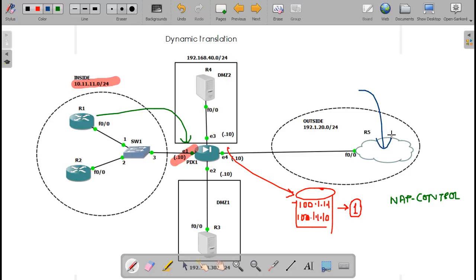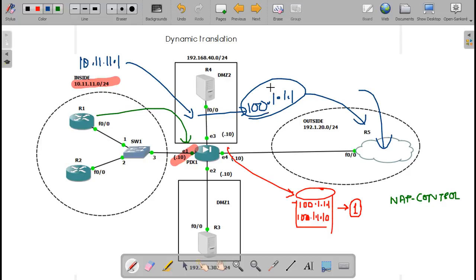So our real IP is actually 10.11.11.1. But when we went to the firewall it gave us a public address, so for R5 it is 100.1.1.1 who has telneted in.